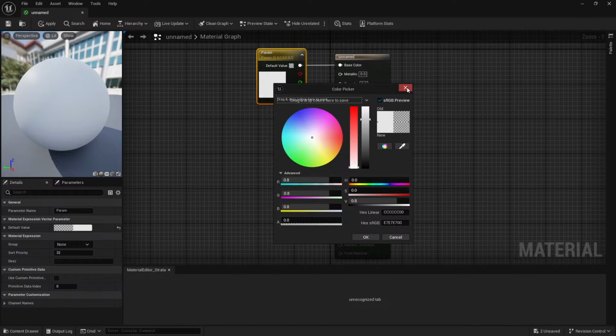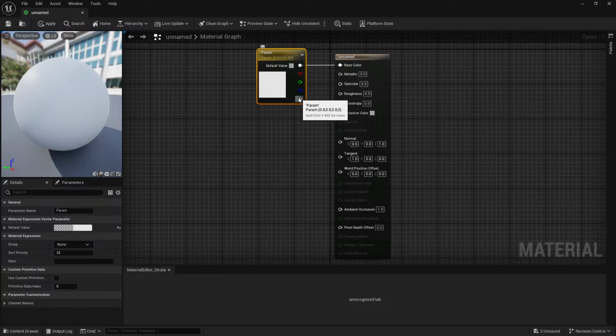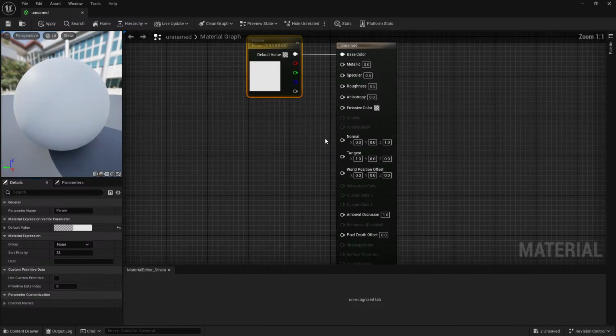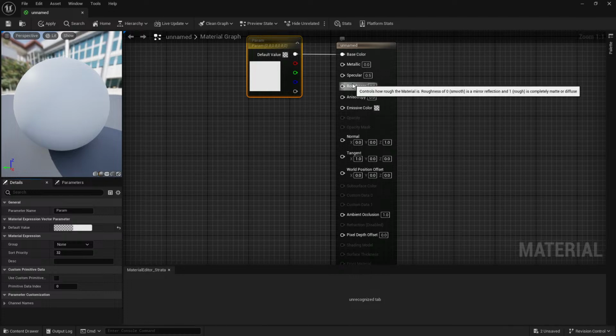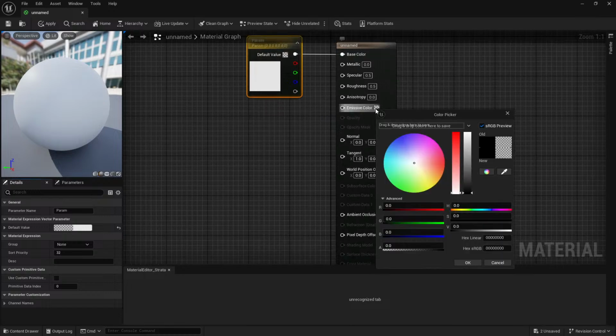What happens if I... Okay, it's the same thing. Oh. None. It's all RGB. Okay, so